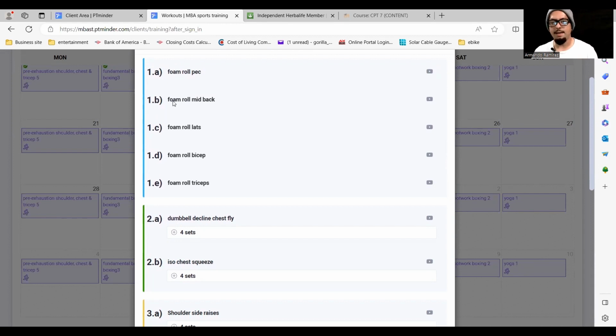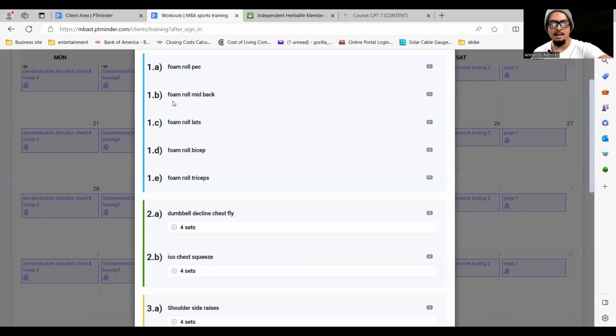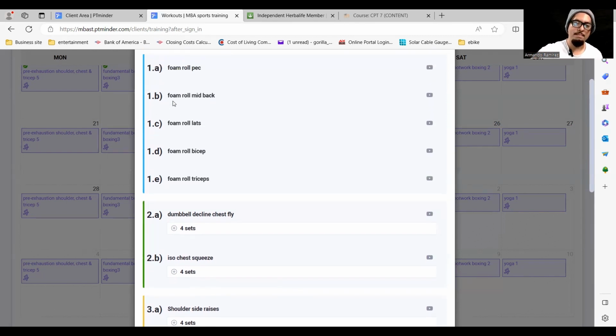Some of you may have an active warm up. I'll be able to change that as we're moving along and training together and customizing your program. For me, I'm gonna focus on rolling out the pec, getting the blood flowing. So a bunch of warm up stuff for A through E of the first move, or I guess the first superset, which I should say that when you're looking at these letters here and you see 1A, 1B, 1C, etc.,